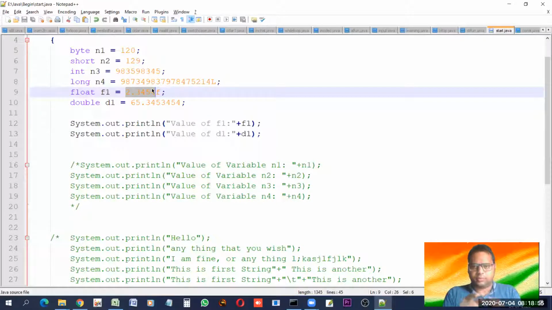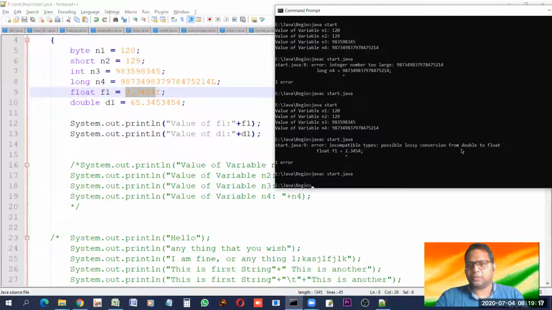Double takes 8 bytes, while float takes 4 bytes, and therefore, when we wrote like this, it was telling us about lossy conversion.